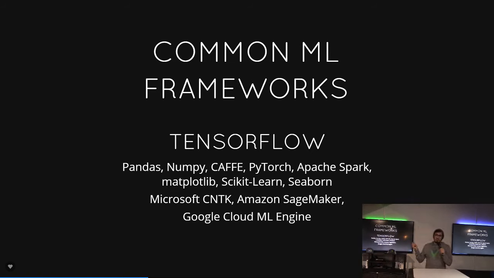So common machine learning frameworks, most of these are going to be Python. TensorFlow is going to be the big one, and I'll come back to TensorFlow in a little bit. But yeah, Pandas, if you've heard of that, NumPy, PyTorch, PySpark, and of course there's ones for every language, and there's ones for basically every platform, including cloud. So Amazon SageMaker and Google Cloud ML Engine, their creative name.